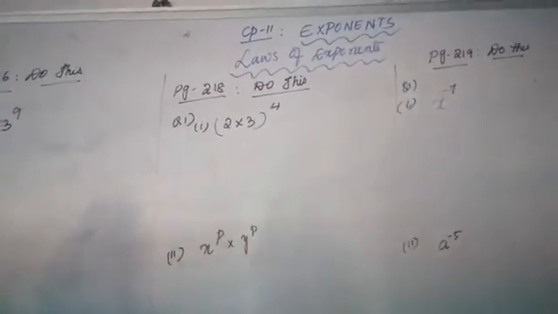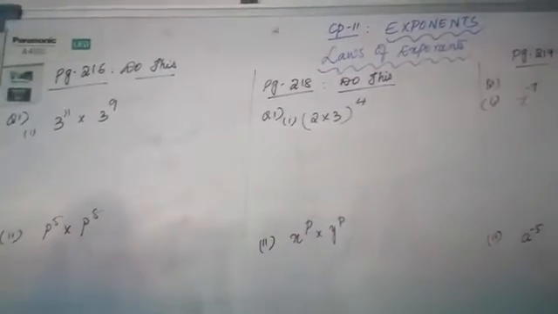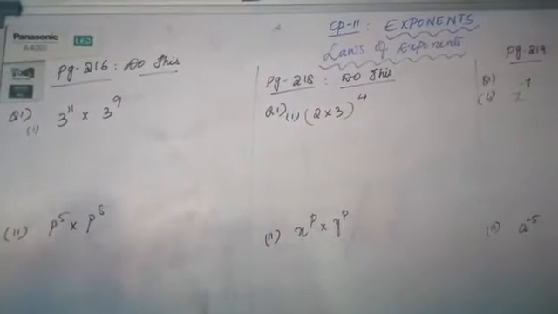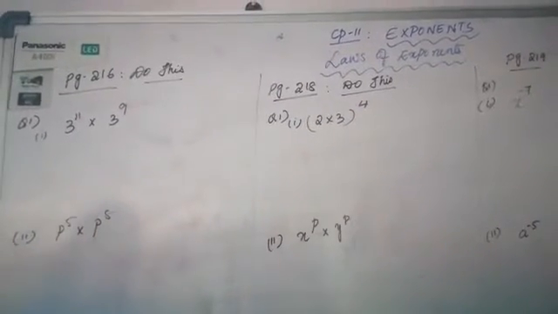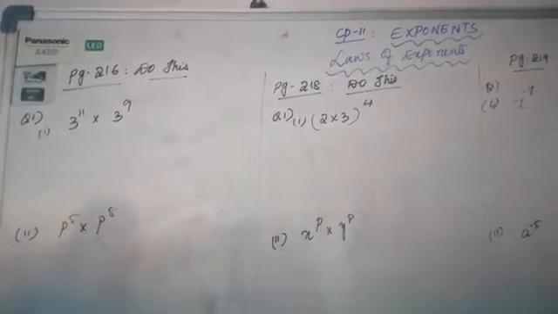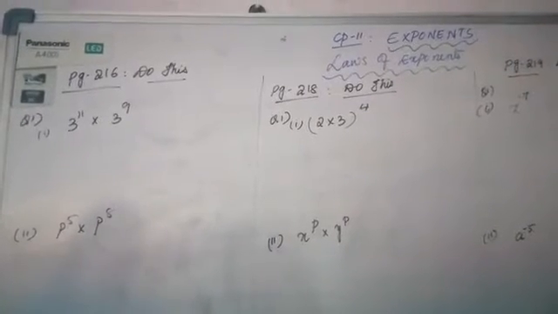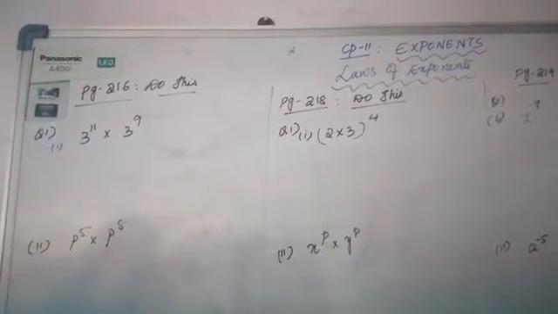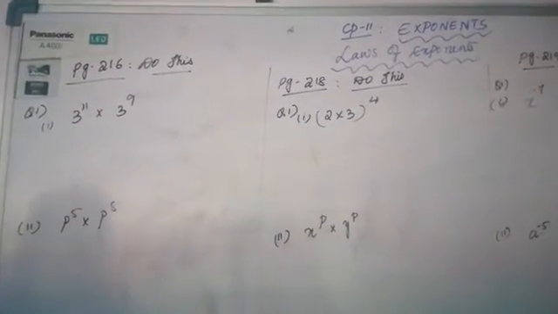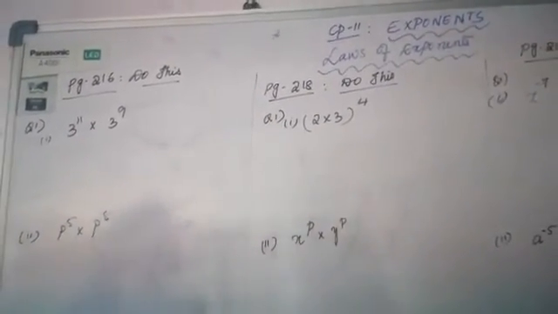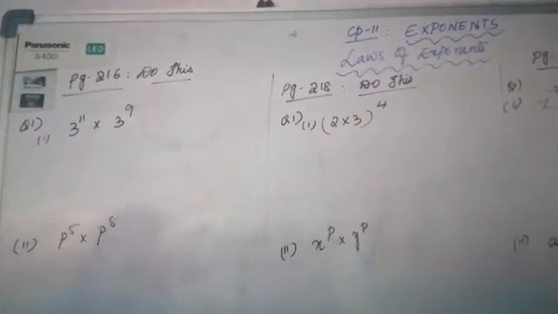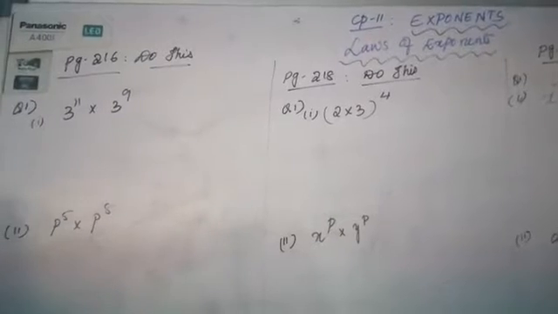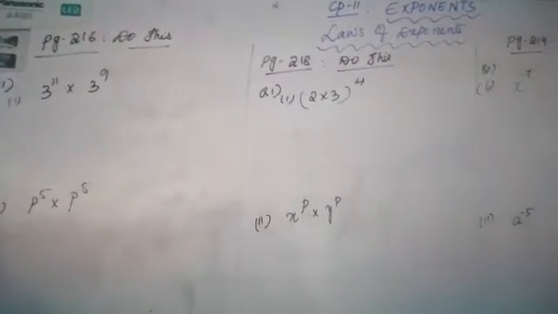Children, we completed exercise 1. Now, before starting exercise 2, that whole exercise depends upon the laws of exponents. We have 8 laws of exponents at the back, in the remembering points. You can go through those laws also. But one by one, based on one law, I am explaining some questions today. Do these questions, page numbers 216, 218, 219, 222, a few questions are there. I am just trying to explain those questions based on the laws.